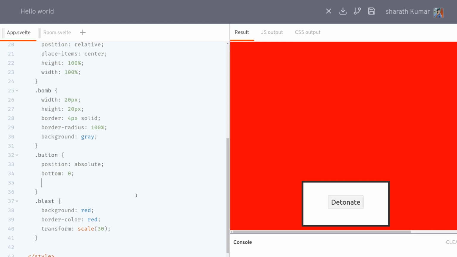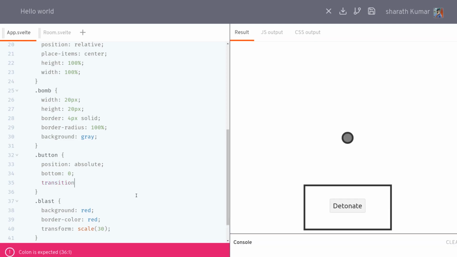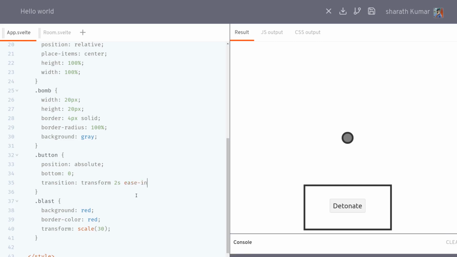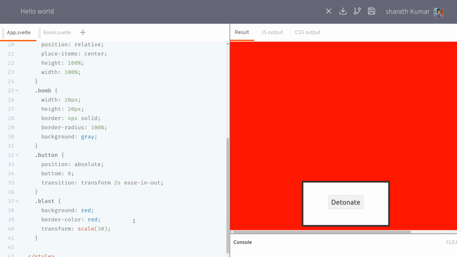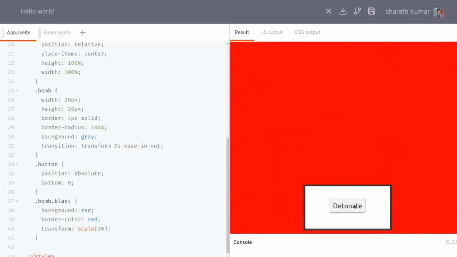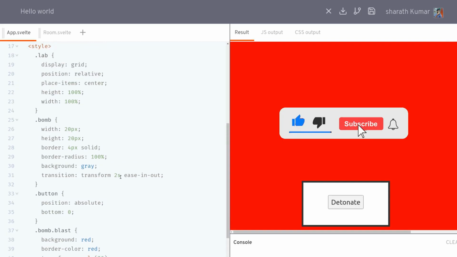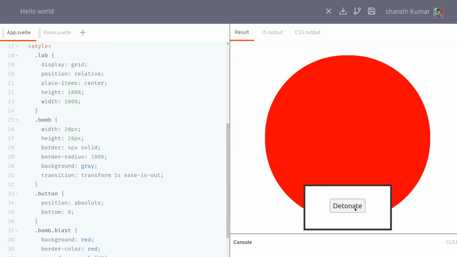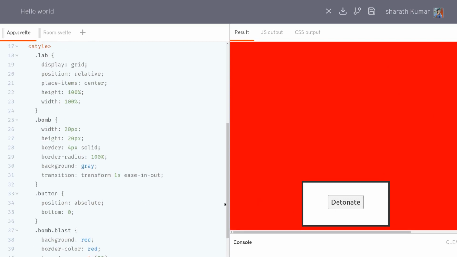So I will add transition, transform for transform. I'll have 2 seconds, let's do ease-in-out. Yeah, that should be okay. Yeah, that isn't working. Oh, why am I applying it to this? Should apply to the bomb. Okay. Oh yeah, we have it. All right. We can make it a little faster, 1 second. That way it looks like a bomb,